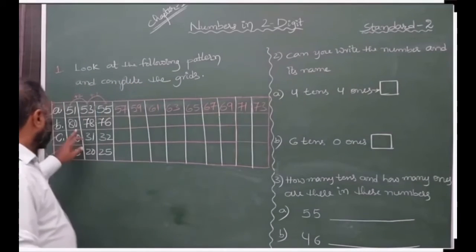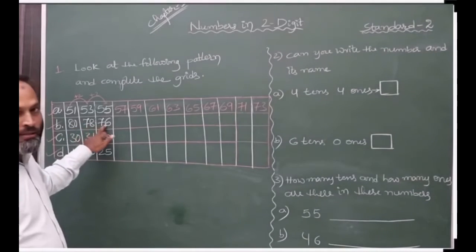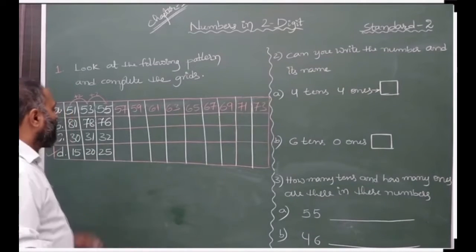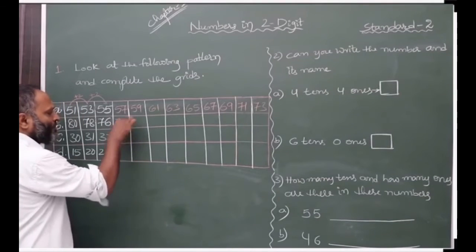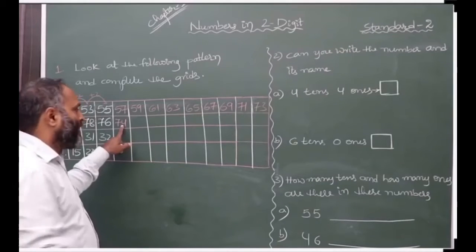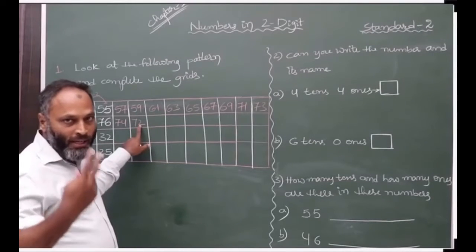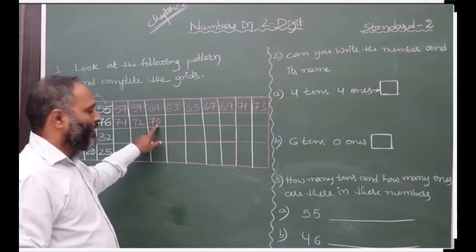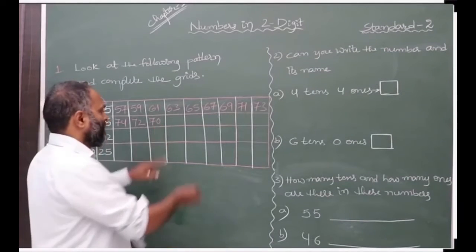And next, in the second question, 80, 78, 76 means 2 values decrease here. So we decrease by 2 here. 76, after decreasing 2, we get 74. In the same way, if we decrease 74 by 2, we get 72. And in this 72, if we decrease 2, we get 70. Then after 70, if we decrease 2, then 69, 68.